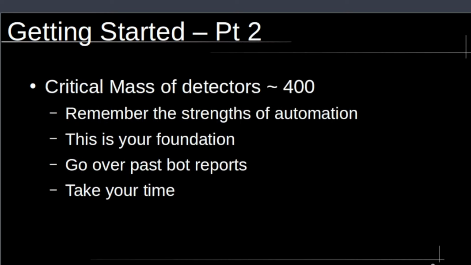Yep. So once you've decided whether you're going to build on top of an open source bot or build completely from scratch, you can move on to the next stage, which is getting your critical mass of detectors. So, especially for Code Arena bot races, even if you have a small handful, let's say 10 or 20 exceptionally cool, exceptionally powerful detectors,